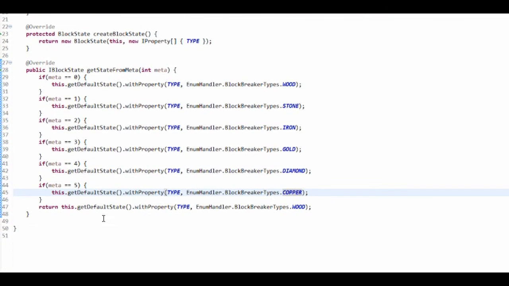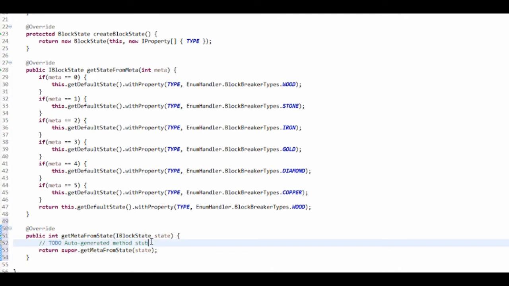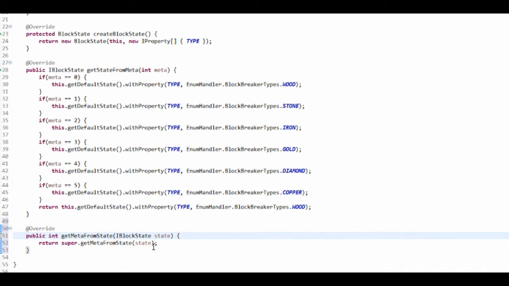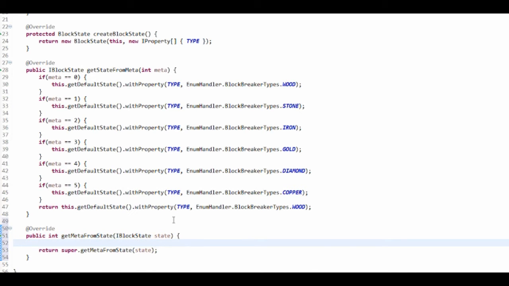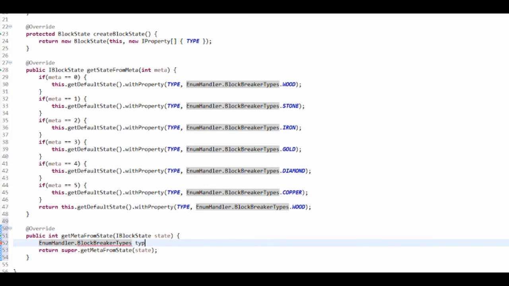And now we need to do a different one, which is get meta from state. So now we're going to get the block state. By default, this is quite an easy method to do. So we're going to have an enum handler dot blockbreaker types, and we're going to just get the type. So we're actually going to get the type from the state. So this is equal to, I'm going to have to put this in brackets because we're going to have to cast this to something. So casting means just like